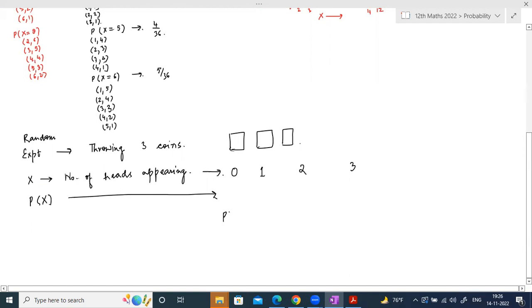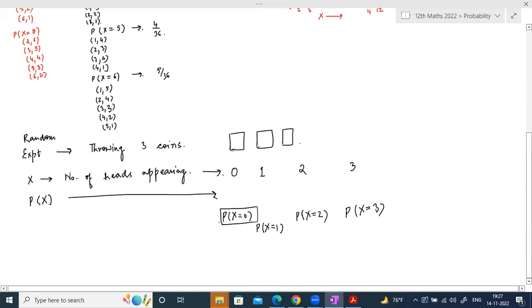फर्स्ट प्रोबेबिलिटी को हम क्या बोलेंगे? When x is equals to 0. सेकेंड प्रोबेबिलिटी को हम बोलेंगे when x is equals to 1. Third probability is when x can take the value 2, and fourth probability is when x takes the value 3. Indirectly it means, what is the probability of getting no head? This one means probability of getting no head. What will be the probability? We have done such questions before of getting no heads, matlab all tails.